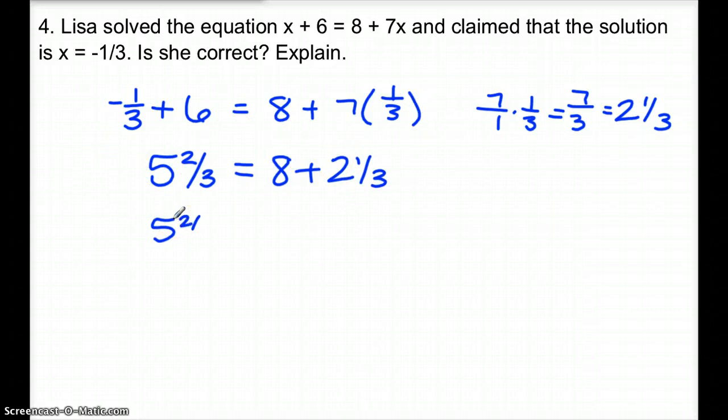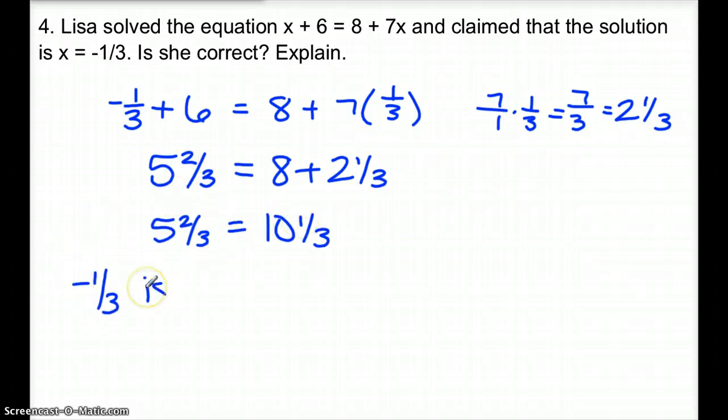Okay, and we'll finish out by adding these together on the right-hand side. 8 plus 2 1/3 would be 10 1/3. And you can clearly see that they are not equal. So negative 1/3 is not a solution. And it'd be the same explanation we've been using throughout here. Okay, number 5